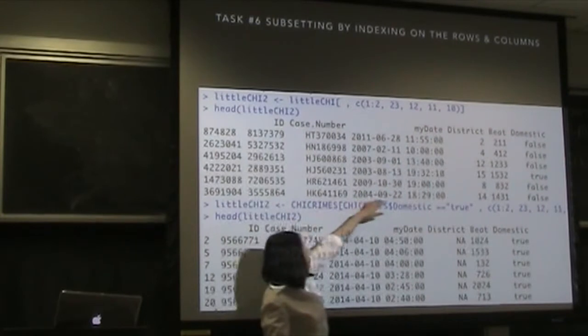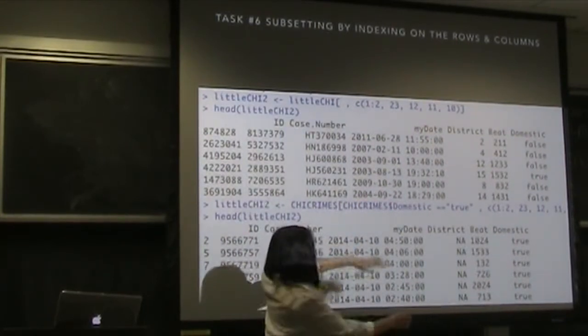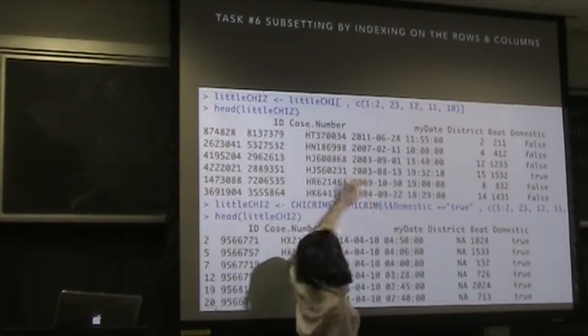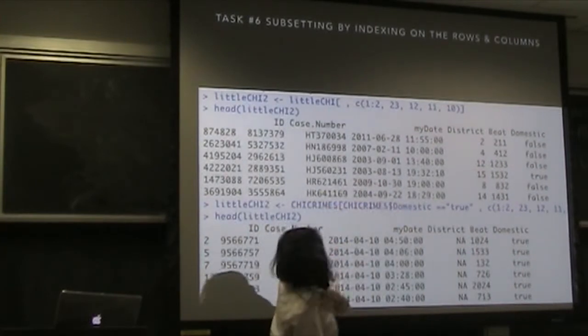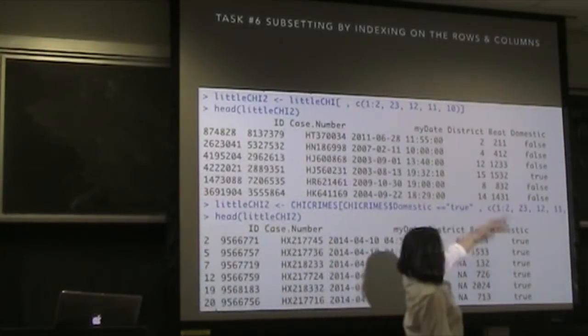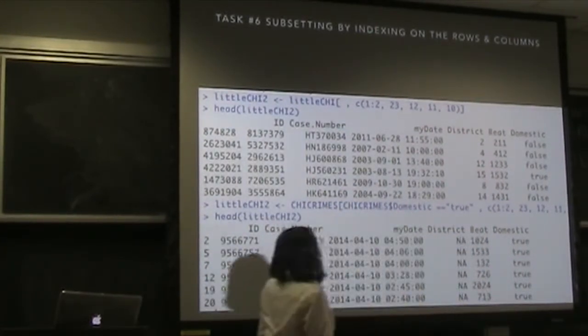So if you go back and compare the other slides, you'll see that I have moved my date way up to the front. And I've gotten rid of the other date. And then I've just organized the rest the way I see fit.